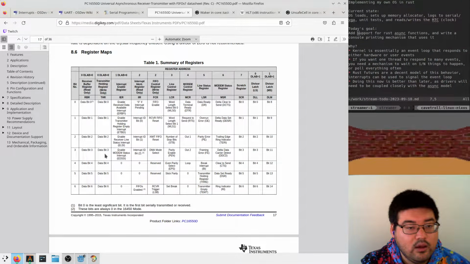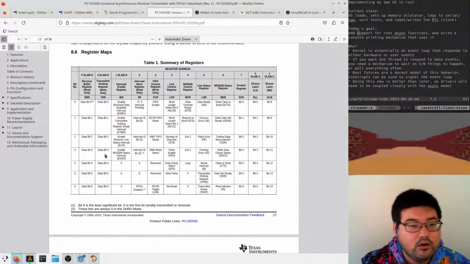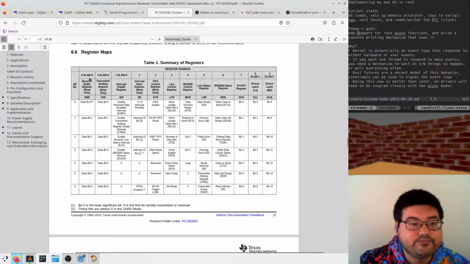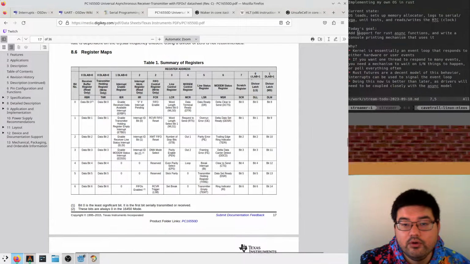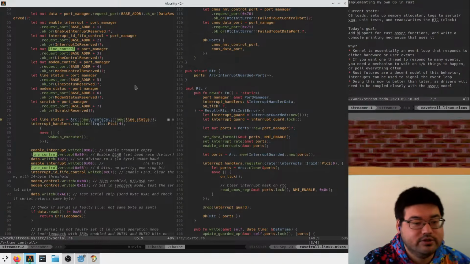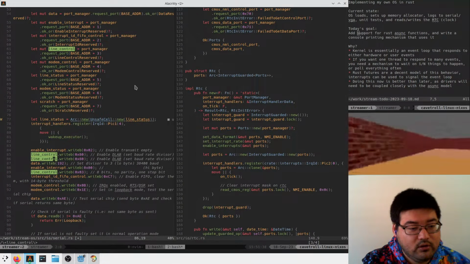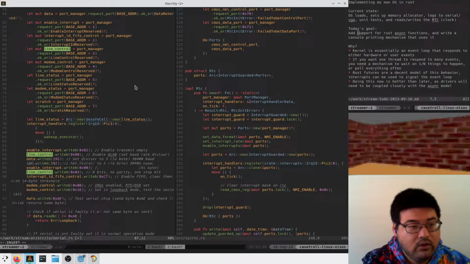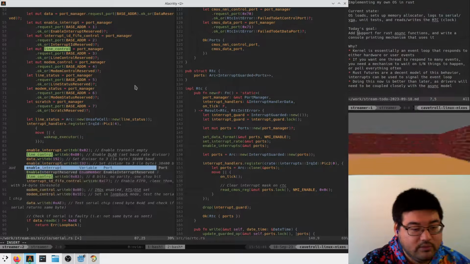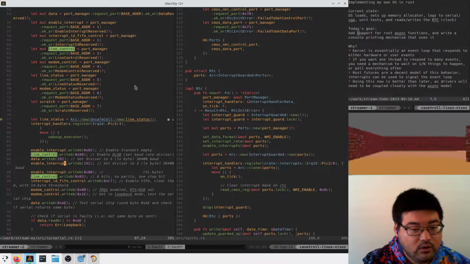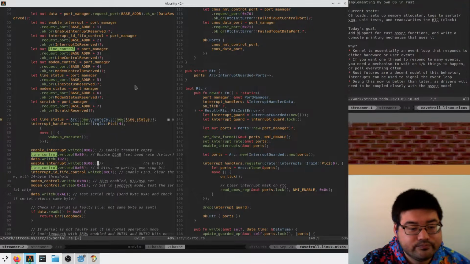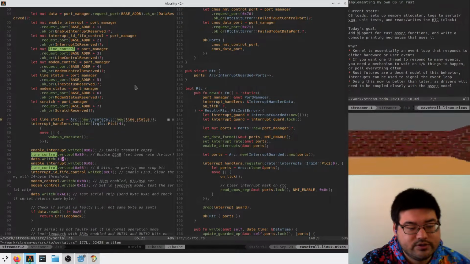AKA, what the hell is this? Write only, read only, write only? Oh, I see. So 0, 1 is now the interrupt enable register. So here, interrupt enable, like interrupt or enable interrupt. Oh, here we've already done this. Oops. Okay, so